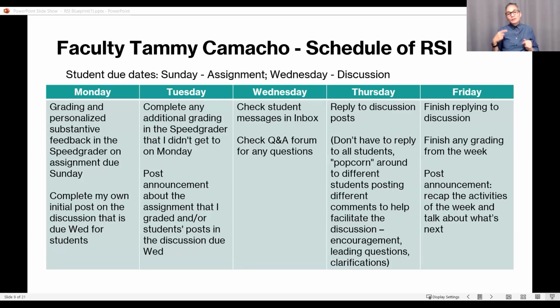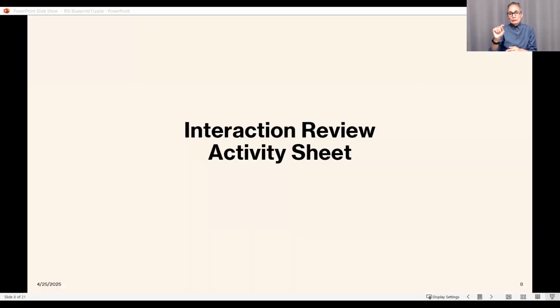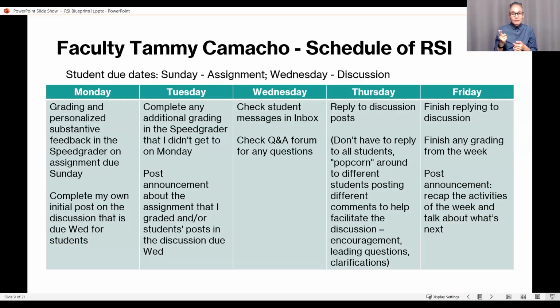She has two due dates for assignments each week. Each Sunday, the students do an assignment, due Sunday evening. Then on Wednesday, there's a discussion that's due. She follows that week in and week out. Please don't leave that page.